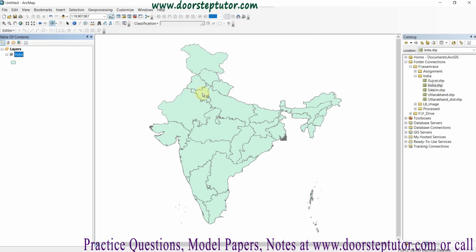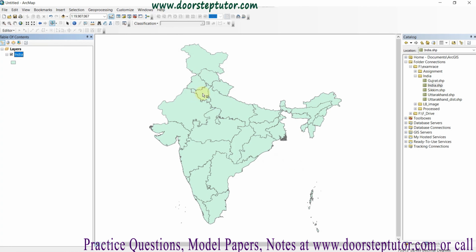Now today I am going to show you one more interesting thing, that is the properties of the table of contents. We all know about the table of contents, but we will think about the different properties that are contained at the top of the table of contents. So what does it actually contain? We wanted to know today.